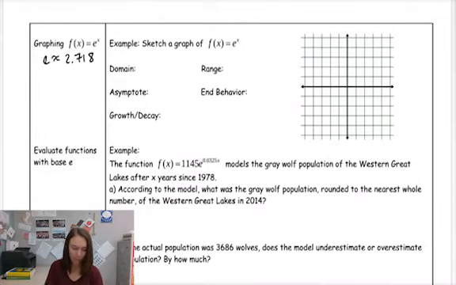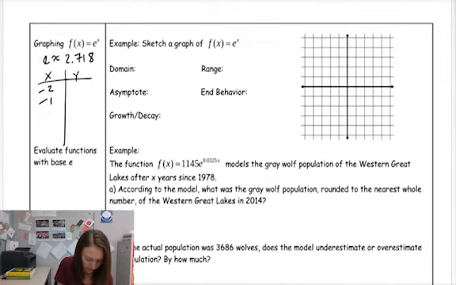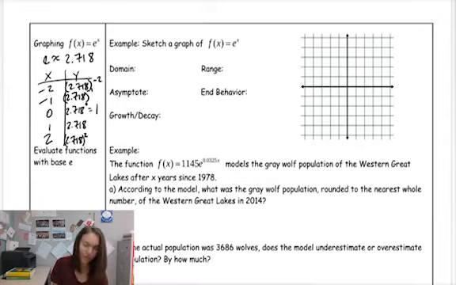So if I make a table of values, x, y, -2, -1, 0, 1, 2, don't let the letter e scare you. It's just 2.718 to the 0 power is still 1. 2.718 to the 1 power, 2.718 squared, 2.718 to the -1, 2.718 to the -2. So you can plug these in your calculator. You're just going to get decimals, and it's not as easy to graph, but it's still all right. We end up with the 0.01, 1,